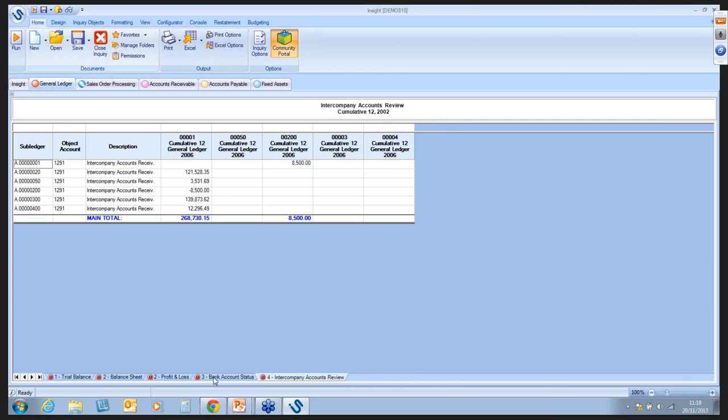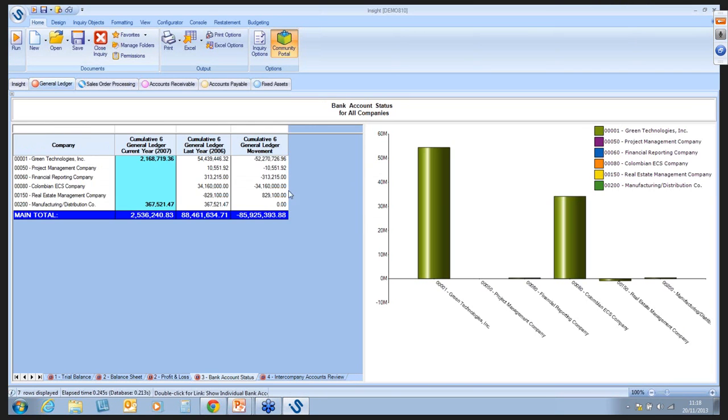So the next thing that I've got in here is a bank account status report. Down the left-hand side of the screen, I've consolidated all the information by company. Rather than do a massive data dump and then take that information up to the higher level, all I've done is say, I'm going to remove all the columns I'm not interested in, and I'm just going to show this by company. So I've got a view for 2007, a view for 2006, and I can also see the